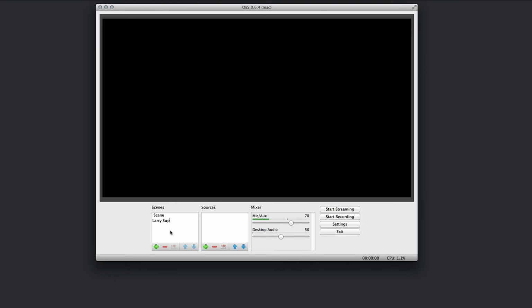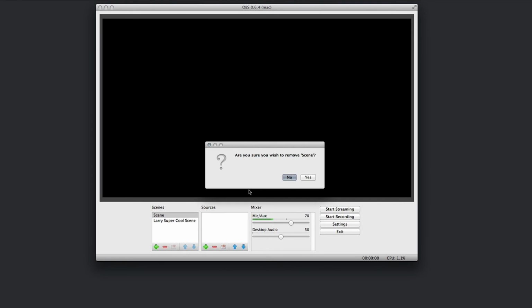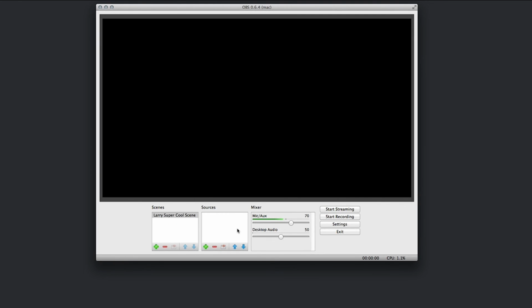Larry's super cool scene. There we go. And you select your scene, and then you will be able to select your sources, and you can dynamically switch between what scene you're using by just clicking on it or deleting the one that you're not using. So in my super cool scene, I'm going to add